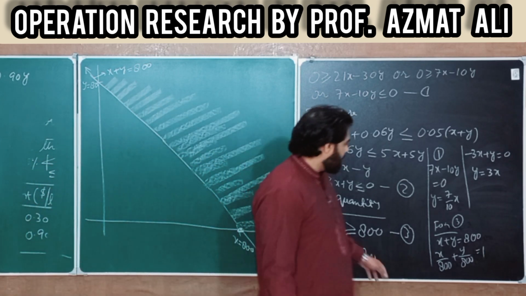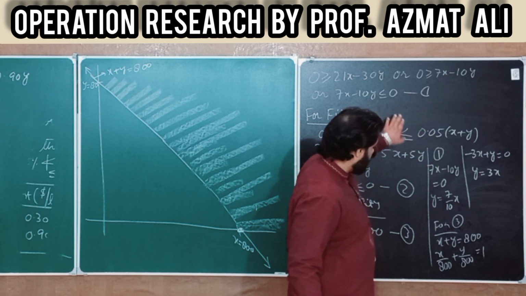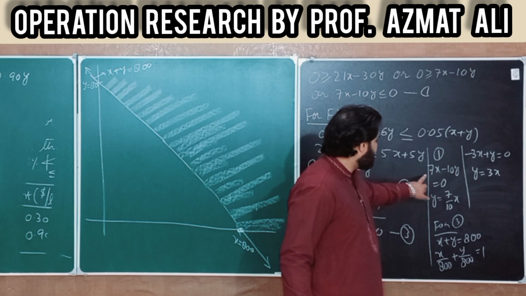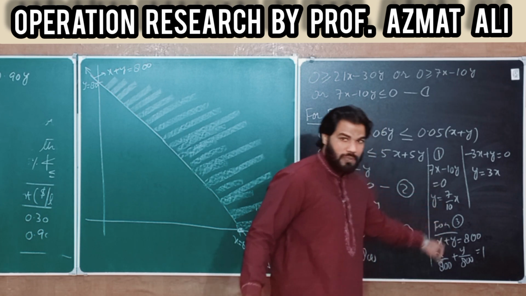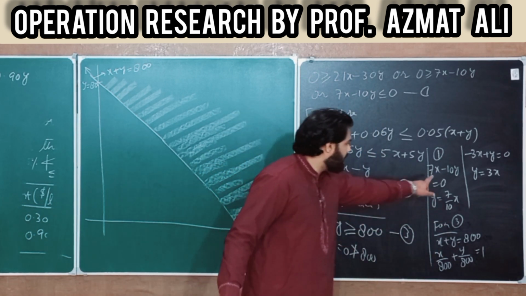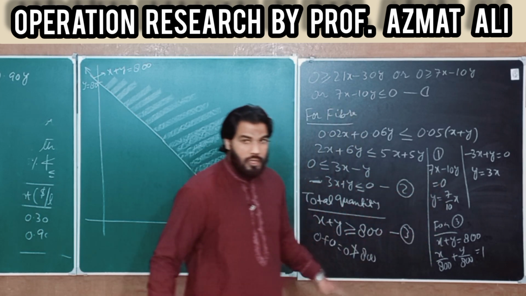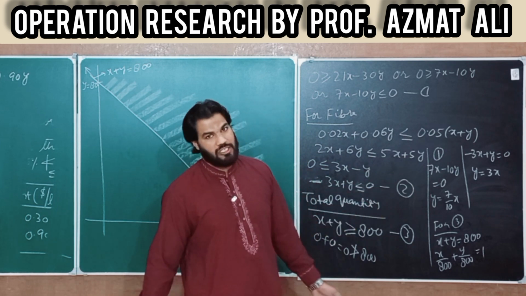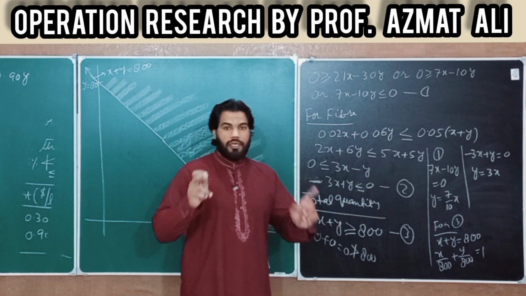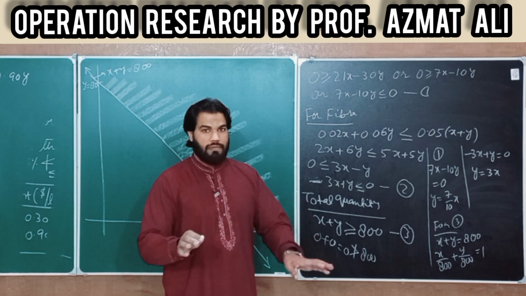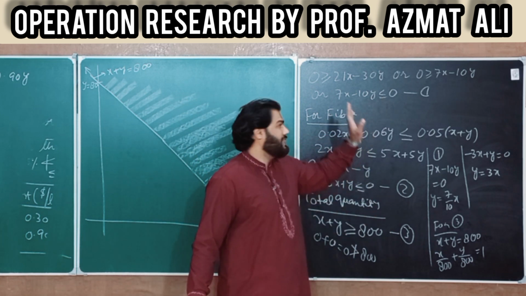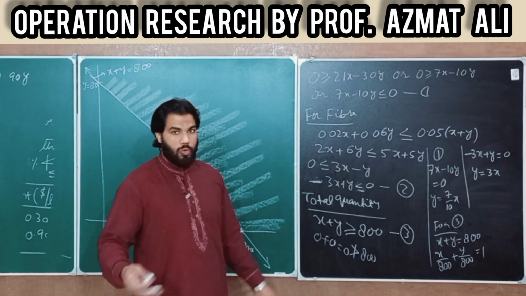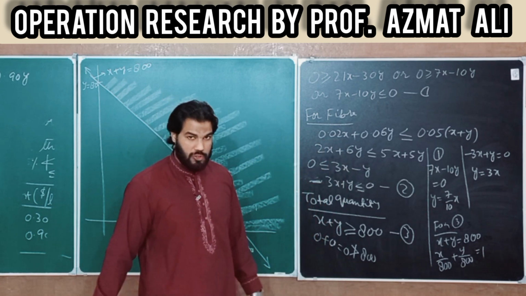Next, how do we draw the graph of these two inequalities? The first is 7x minus 10y equal to 0. This is the equation passing through the origin, because you can notice that when x is 0, y is 0, this is equal to 0. Now because the right side is 0 here, we cannot take 0, 0 as a test point. A test point or reference point can be taken only when the right side is non-zero. Here the right side is 0, so how can we draw the graph of this?